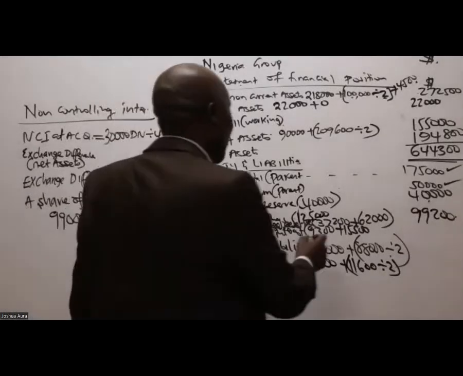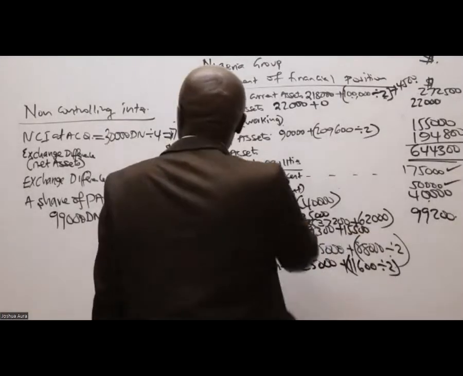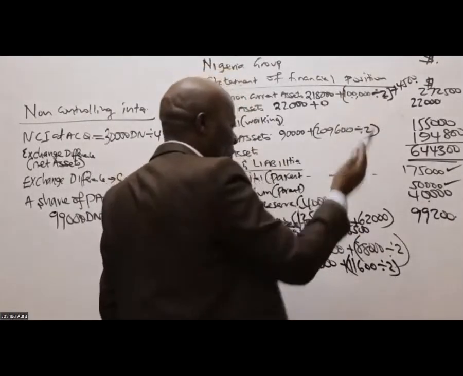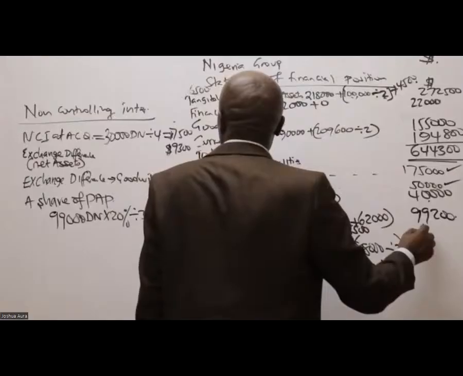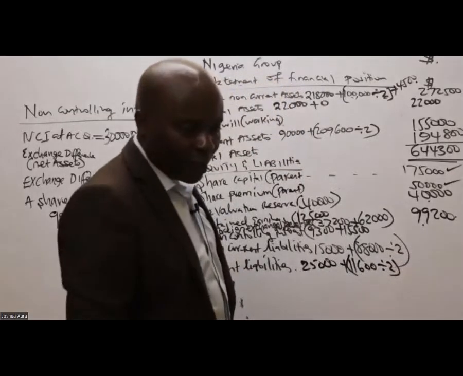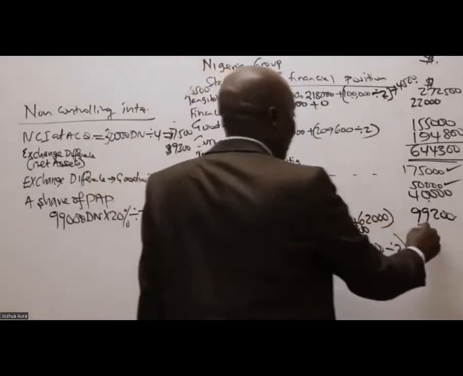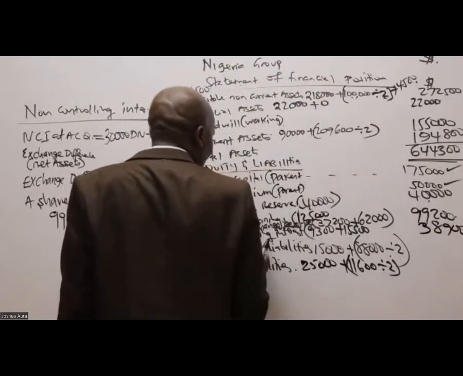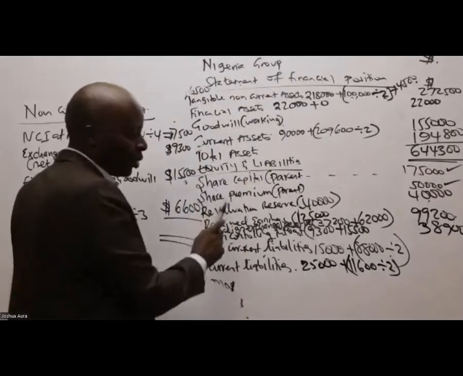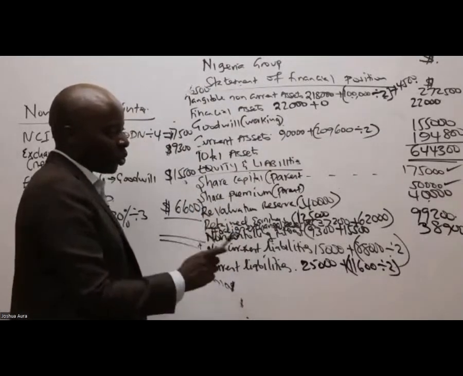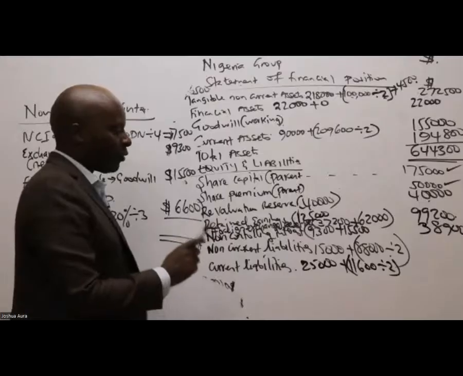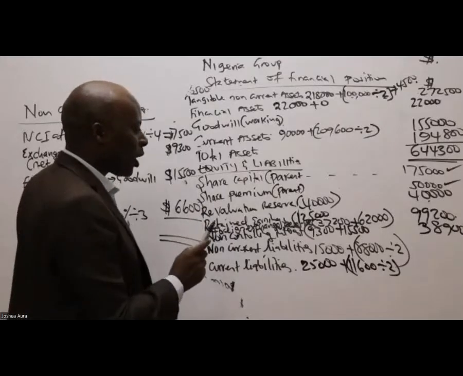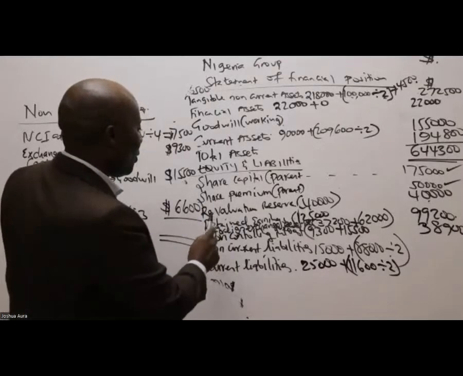So NCI. You can mention here working. I don't know how you can call it, working 10 or whatever for a revision, but I'm being told that this is supposed to be 38,900. So remember, this is a permanent source of capital. Now from there, the last one that you're supposed to come and pick is the retained